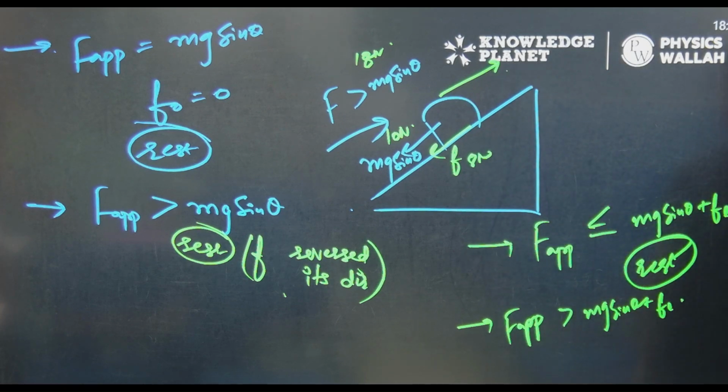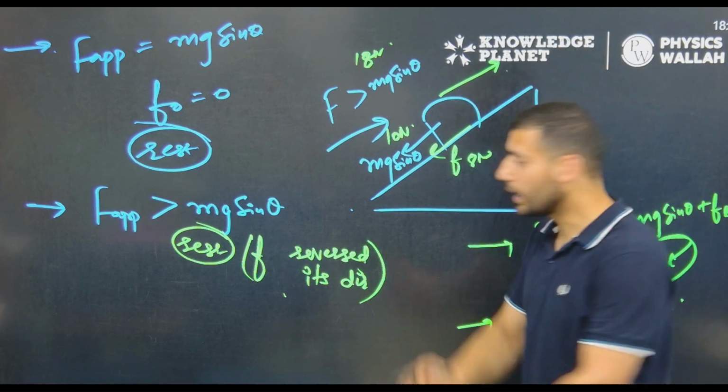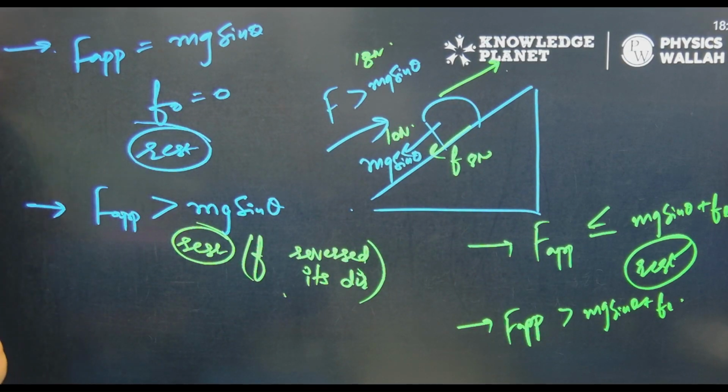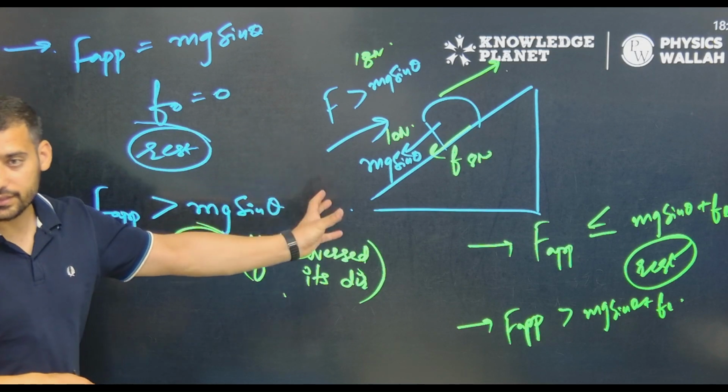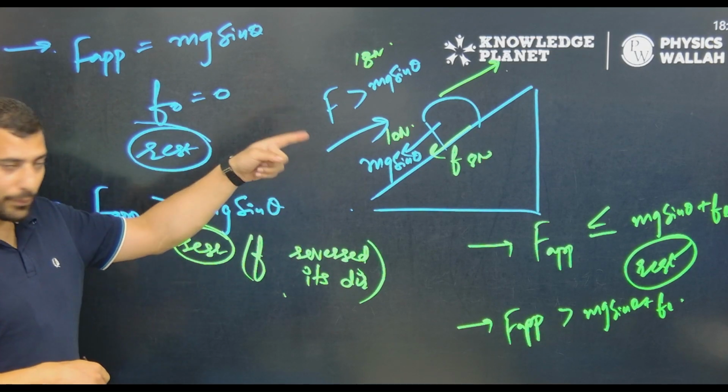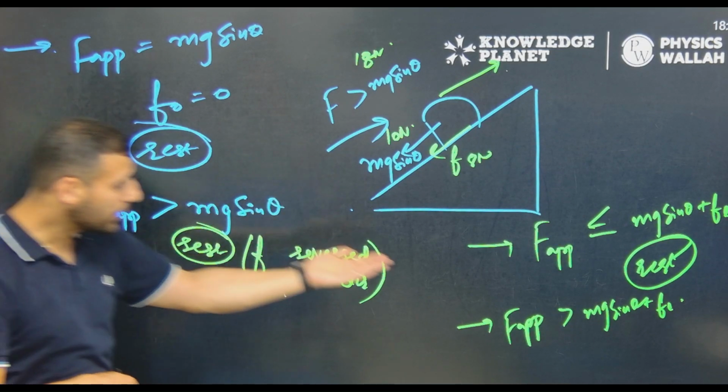Is it clear? Is it clear? So can you sum it up? The force of friction is changing its direction depending on the relative motion. The block is not going to go up no matter what until and unless this situation is